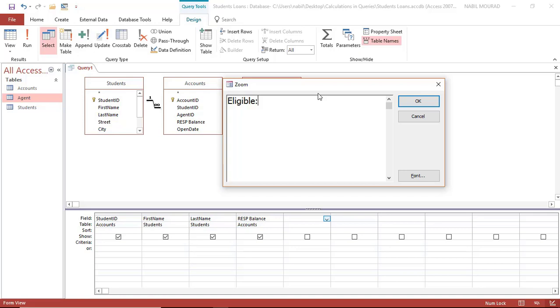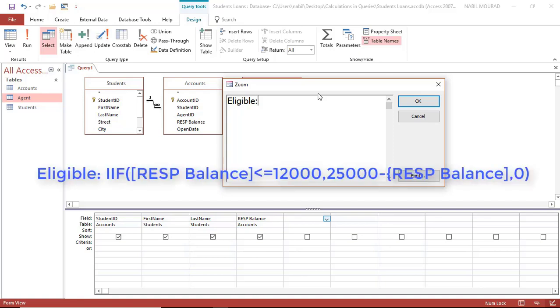If the student has an RESP balance less than or equal, then the student is eligible. So I'll be using an if function. In Access, we call it IIF. So I'll type IIF, immediate if function, if, and then I open a square bracket, the RESP balance field, and then close the square bracket by typing the field name in square bracket. That means Access understands I'm referring to a field name if it is less than or equal